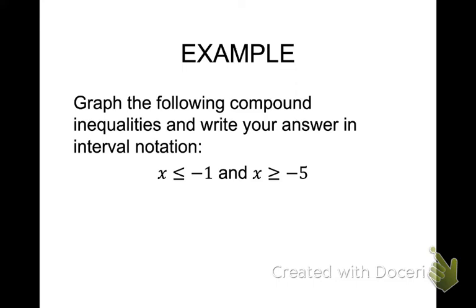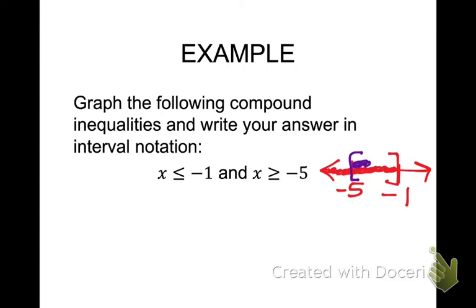So again, if I were to make a graph of this, lazy method, put your smaller number on the left. Oops, smaller number is negative 5. Larger number is negative 1. So at negative 1, I'm going to have a square bracket facing the left because I want to shade to the left. And then I'm going to do a different color because I can. At the negative 5, I'm going to put a square bracket facing the right